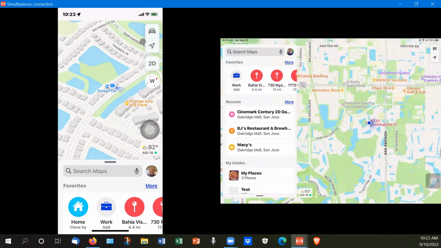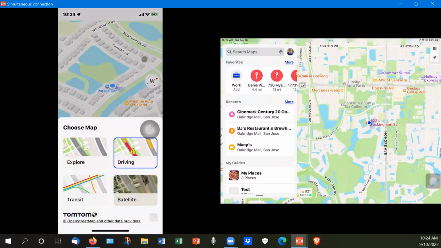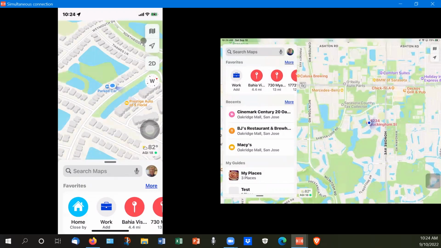Let's talk first of all about some things that are going on here. I click on the car on the iPhone. It could look like this. There's an arrow there. You see the arrow at the top right? And it's on both devices. And if you click the little arrow,